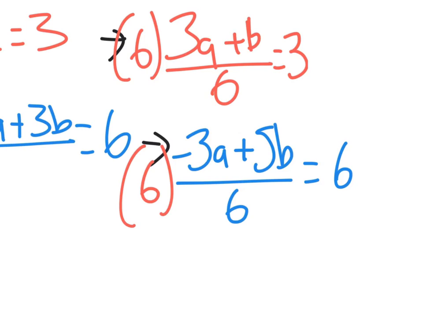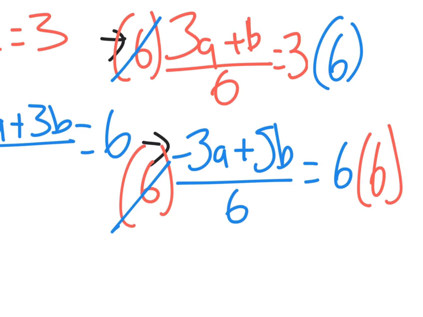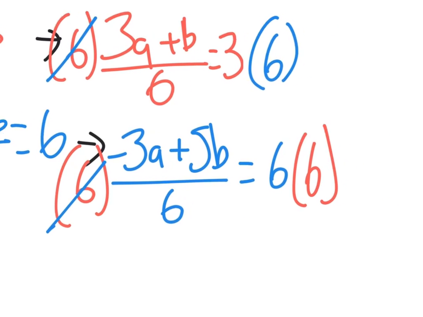So what I now see is that the 6's cancel out on the left, but if we multiply something on the left, we've got to also do it on the right. So we're going to multiply the right side by 6 on both sides. And what does that look like? So now we have